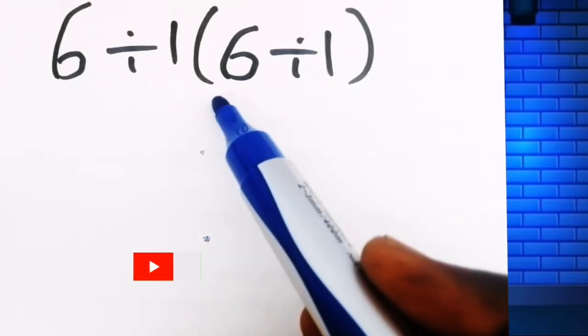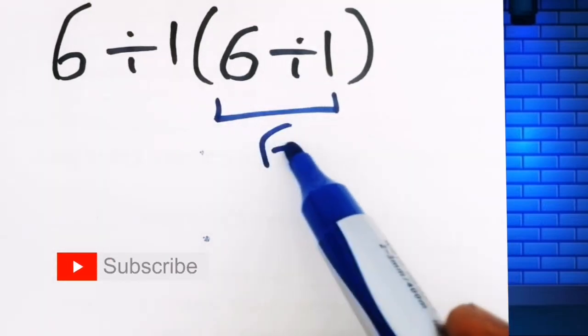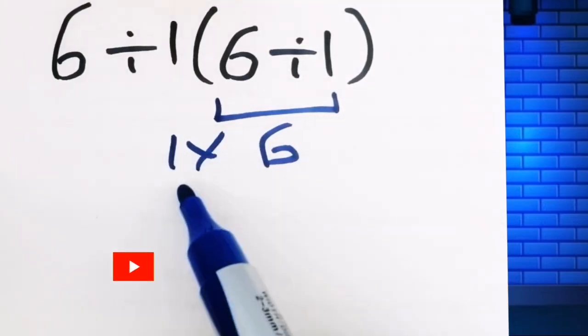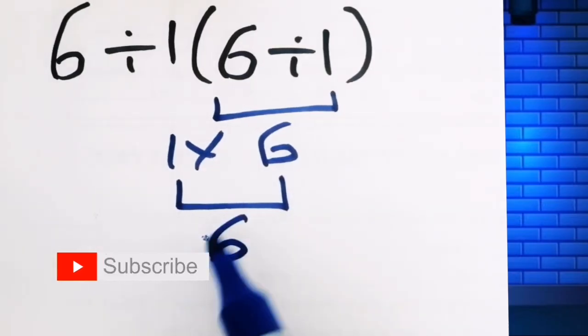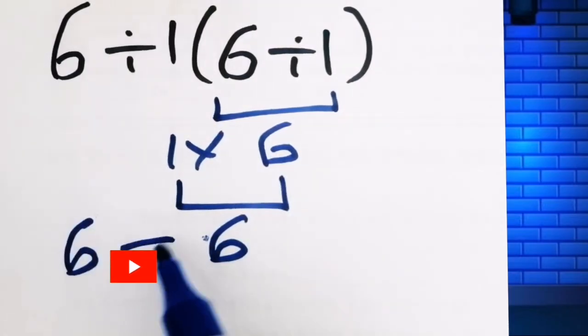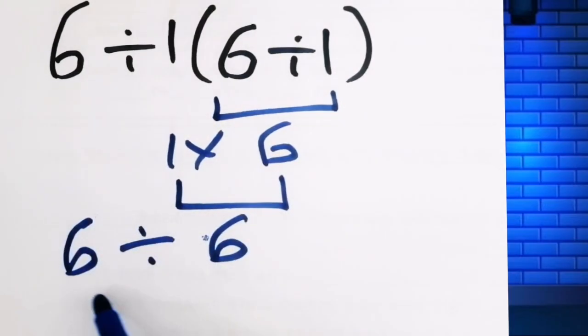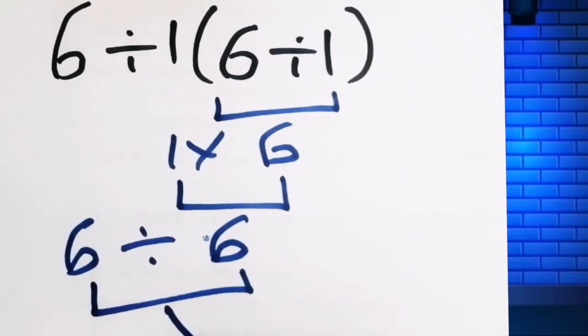6 divided by 6, which gives us 6. Then 1 times 6, which equals 6. Okay, then 6 divided by 6, which equals 1. Okay, but this is not the correct answer,